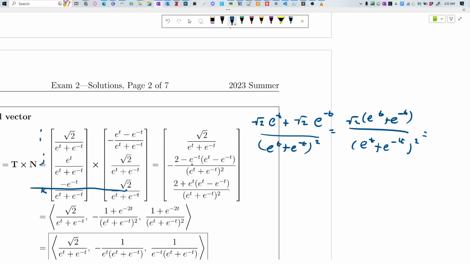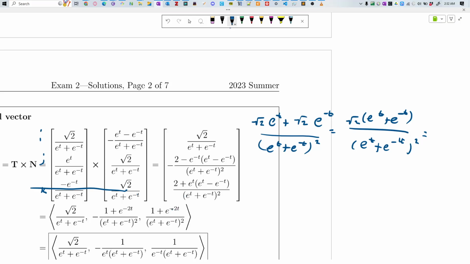Yeah, there's a bit of mental math going on here. So the e to the minus t times e to the t gives you a 1. So you have 2 minus 1 plus e to the negative t times 2, which gives you this. Yeah. So there's a 1 here that cancels with the 2. And the same thing should happen here. This e to the t times this e to the minus t gives you a minus 1. So you get 2 minus 1 and then plus e to the